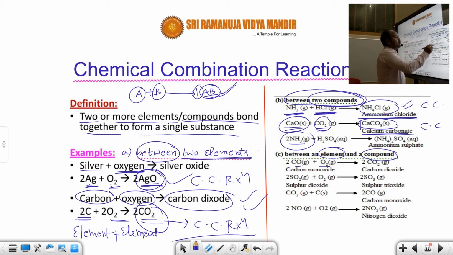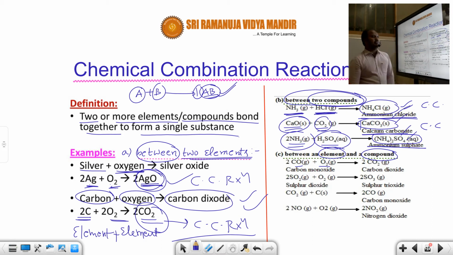And take the third one. Ammonia is a compound because different atoms are there. H2SO4 is also a compound because in H2SO4, hydrogen, sulfur and oxygen, these three are different atoms. Whenever different atoms are there, we know that it is a compound. It is a fundamental idea. So ammonia gas is reacted with aqueous sulfuric acid to form only one new substance, the solid ammonium sulfate. So how many new substances are formed? Only one new substance will be formed in the product side. What is that? Ammonium sulfate. That's why all these three reactions are examples of chemical combination reactions.